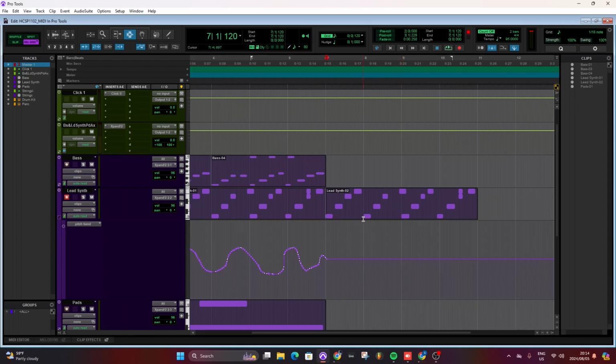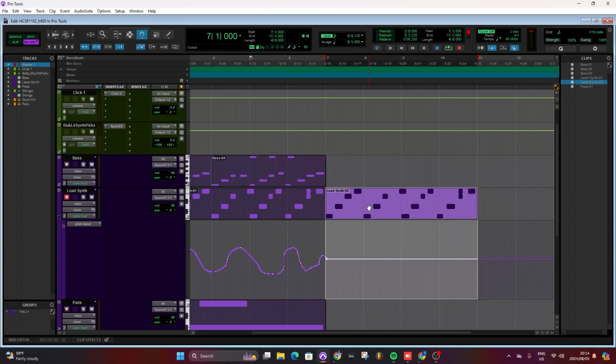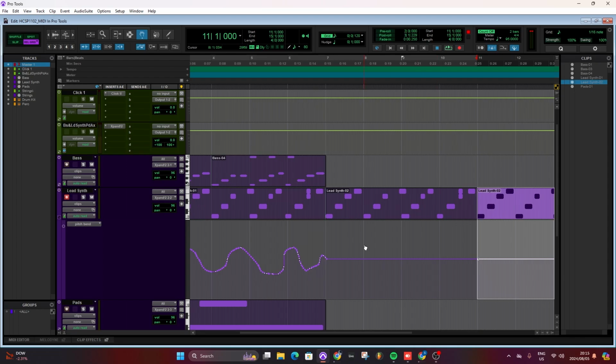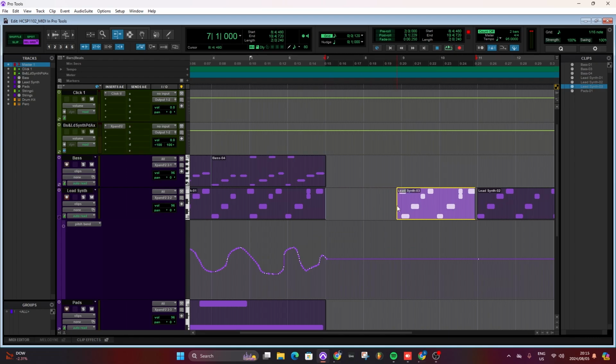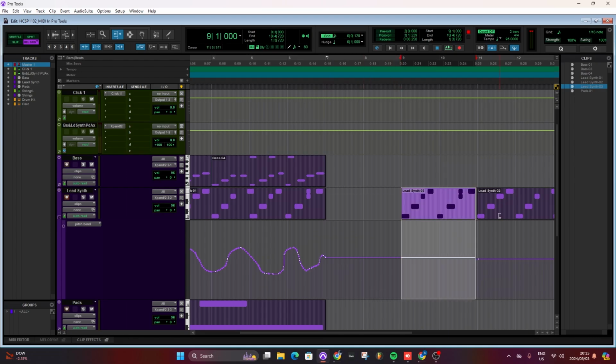Cool. So now we understand clips, and now we're going to deal with a bit of arrangement. So I just showed you how to copy clips. You can, with the grabber tool, select your clip, right? And then Alt click, and that will create a copy, right? If I want to change a clip's length, I want to use my trim tool, this tool right here, and I can come to the end or the beginning of the clip, click and drag, and that will change its length. But it's not changing its length